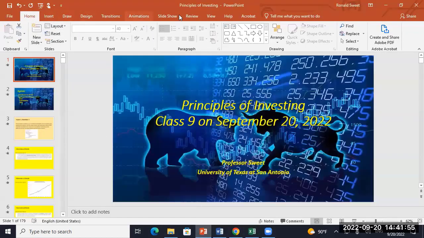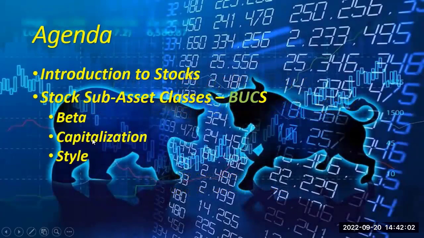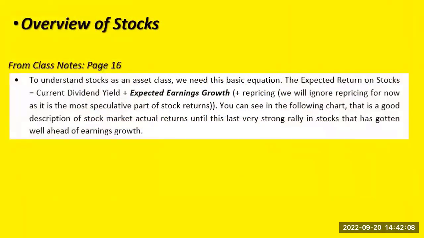So last time we finished up bonds and we're starting off with stocks. We're still on the introduction for stocks. So last class, we talked about how stocks have an expected return of whatever their current dividend yield is, which is really low right now in the stock market, plus expected earnings growth. We might adjust that dividend yield for stock buybacks. We'll talk about that for paper 3 and 4. But long term, that's what you're going to get.